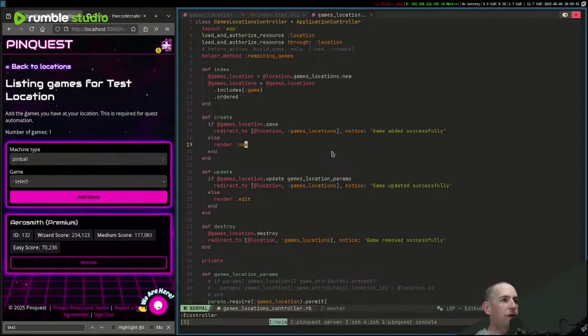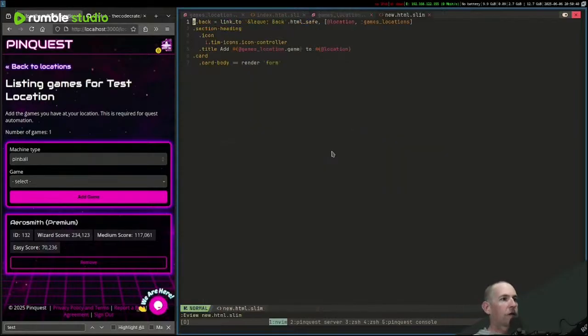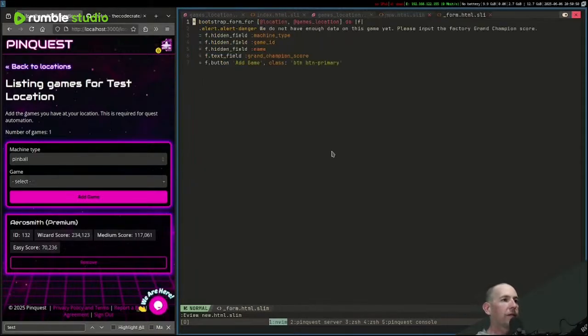But the new view doesn't have a place to select a game. And of course it renders a form. Why we didn't just put it in there, I don't know. So the game ID is here in a hidden field. But if there's an error, we actually want to give them a selection. So I think what we can probably do, I just throw this down here and go, if